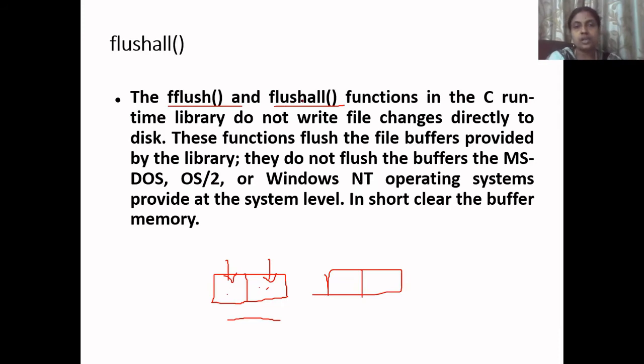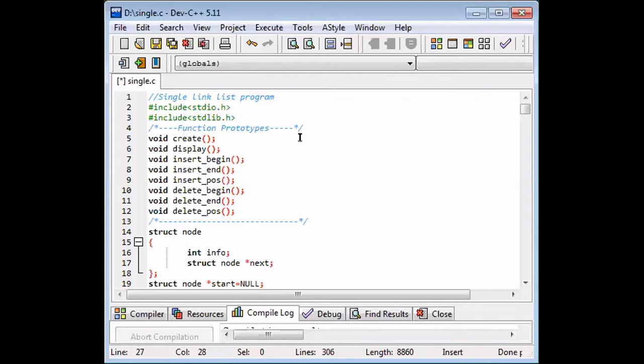Now we will move to our program based on single linked list. Here we will focus exactly on how whatever algorithm we have seen, the same algorithm we will discuss in the form of a program. This is the program for executing single linked list.